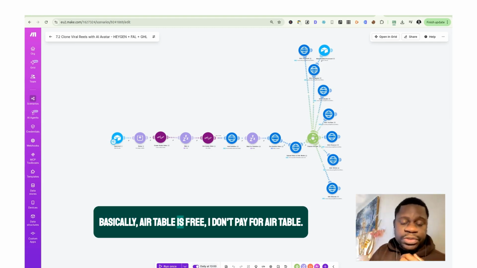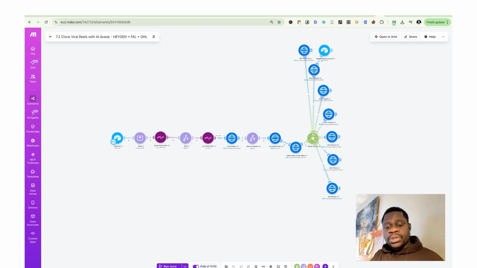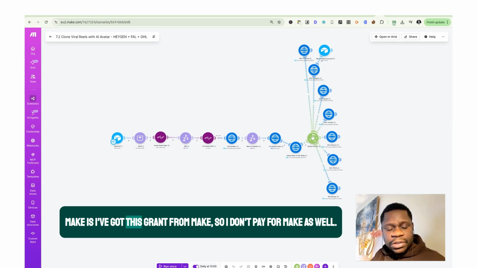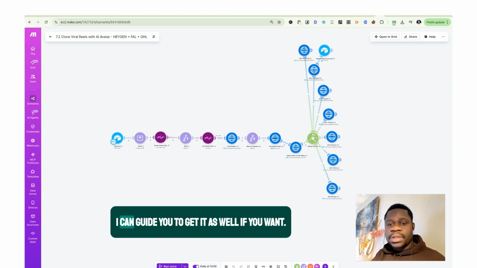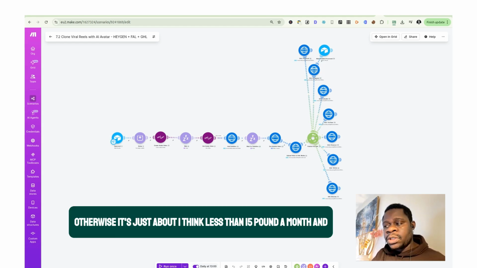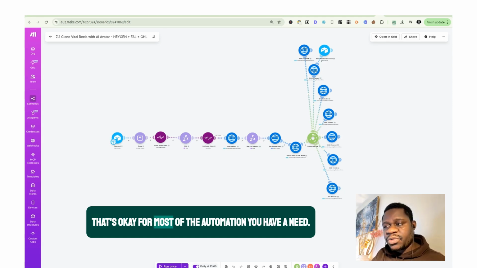Basically, Airtable is free. I don't pay for Airtable. Make, I've got a grant from Make, so I don't pay for Make as well. You can get the same grant for 1 year to get your Teams plan for free. I can guide you to get it as well if you want. Otherwise, it's less than £15 a month, and that's okay for most of the automation you